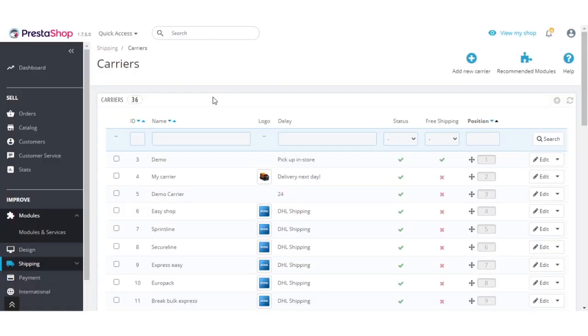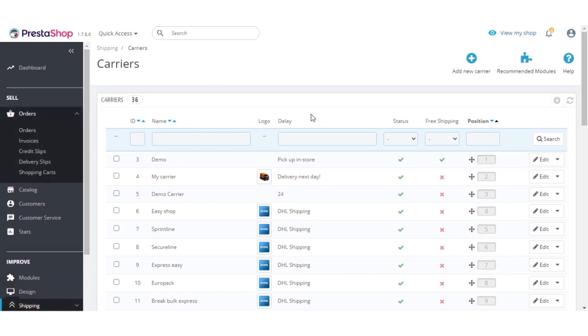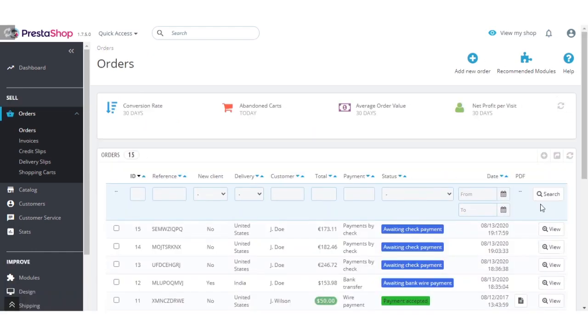Once the customer has placed the order, then admin can view the DHL shipping method selected by the customer on the orders page.